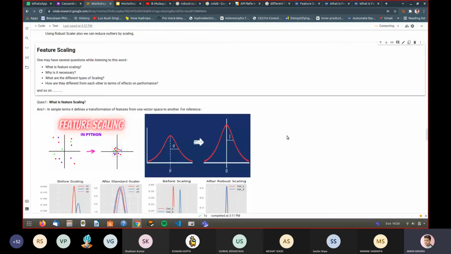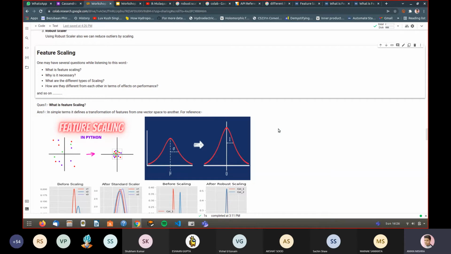So now comes the feature scaling part. Like you all understand outliers, handling missing values, how to remove outliers, categorical encoding, all these stuffs. But one another concept you need to understand is feature scaling. So you may ask, what is feature scaling, why it is necessary, what are the different types of scaling you will encounter in your data science journey, and finally how the scaling is different from each other, when to use which scaling. These all things we will see in this notebook.